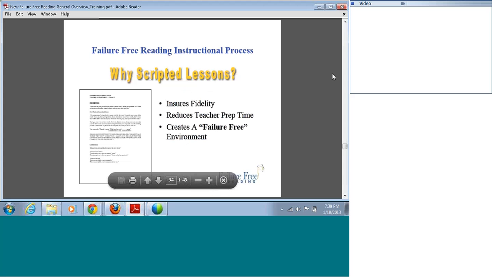All right, so we're going to continue to stick with instruction. Why do we use scripted lessons? Scripted lessons ensure fidelity, they significantly reduce teacher prep time, and they create a failure-free environment. The scripted lesson to me is like the foundation. It's extremely important that we use these scripted materials every time we get ready to engage the students in the